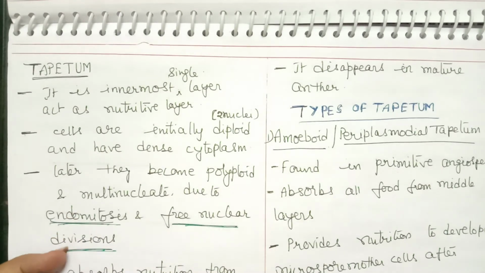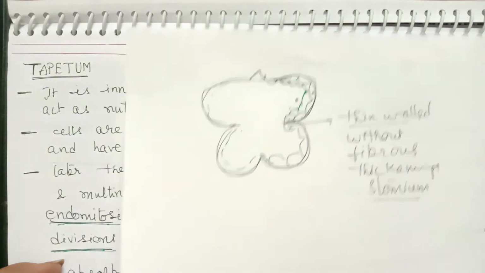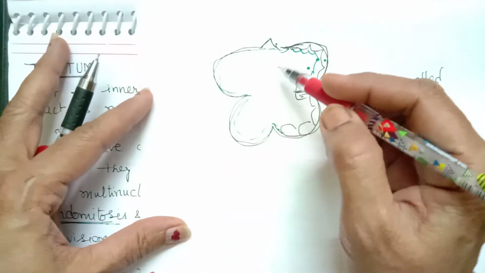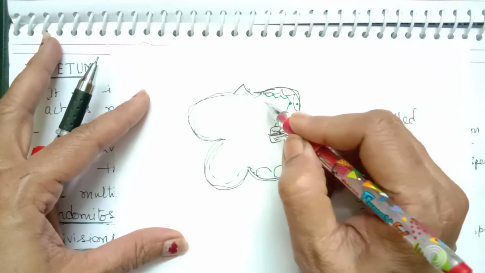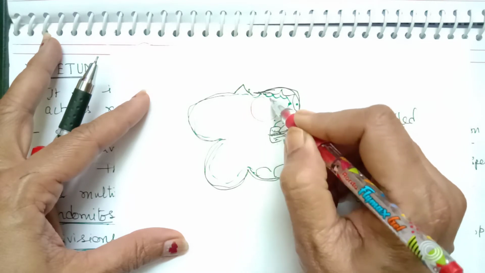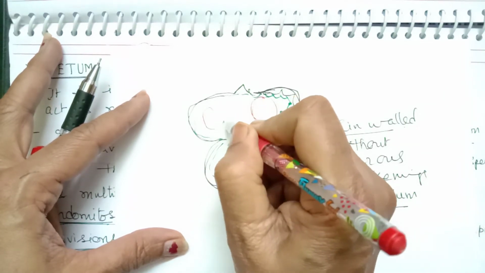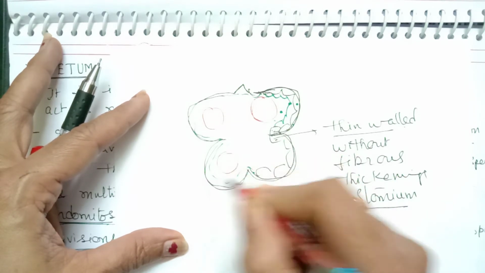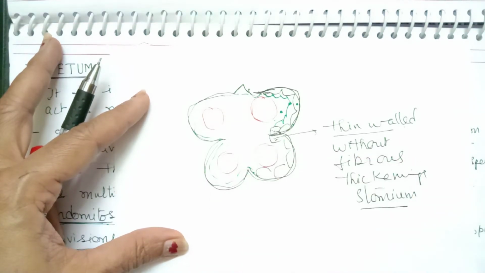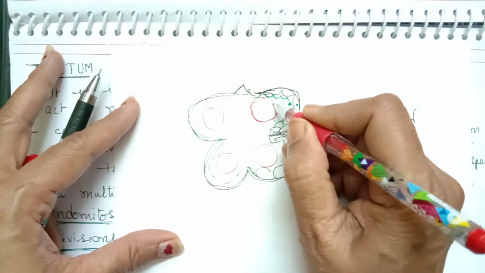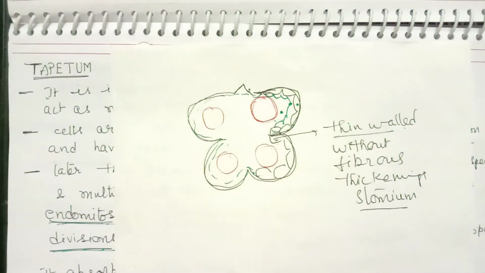So inside the tapetum we find spore mother cells. So let me show it here once again diagrammatically. This tapetum is present separately for each pollen sac. This is the tapetum for one pollen sac, and this is for another. So for each pollen sac we find the tapetum separately. So what is the tapetum?